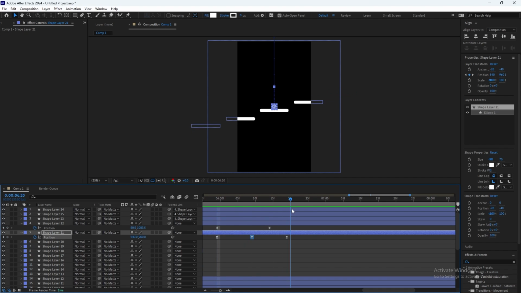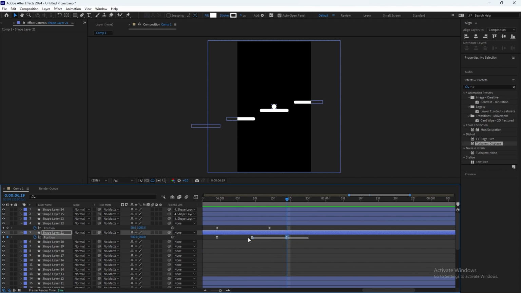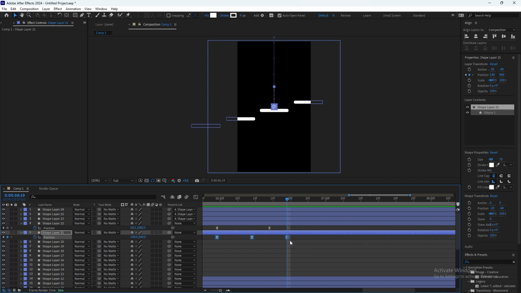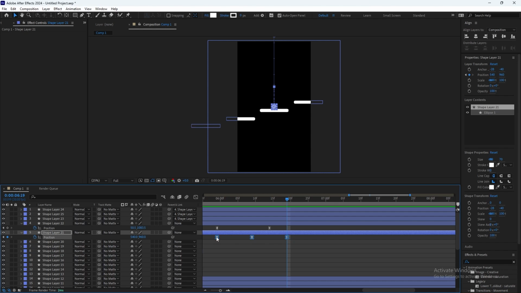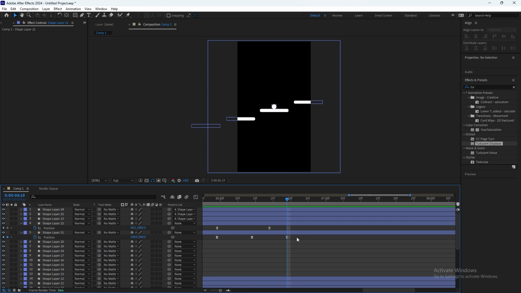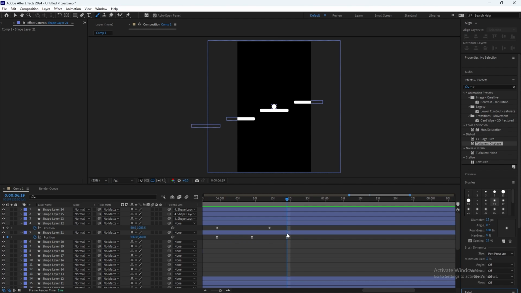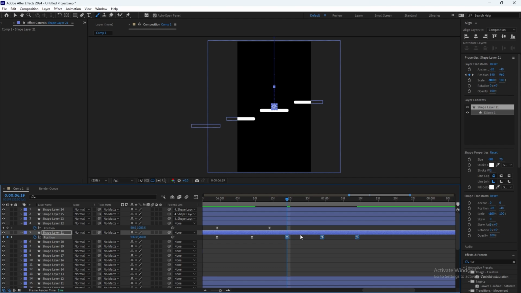And now you can just replicate this for the ball. Select this, Control C, Control V. And now it needs you don't need.